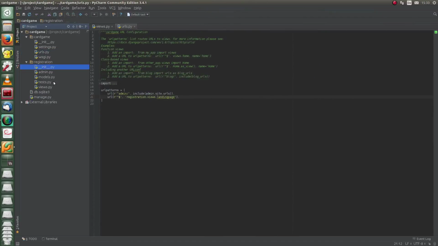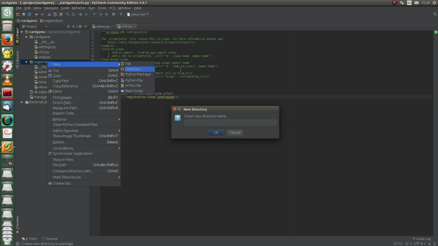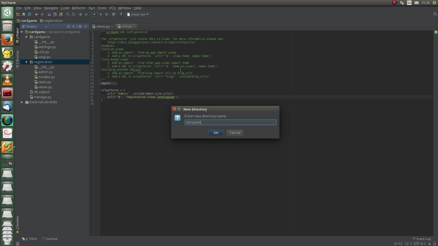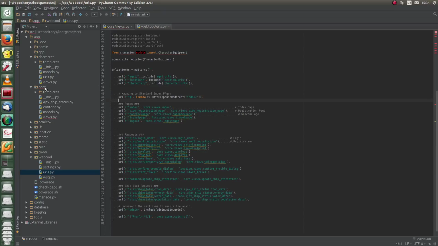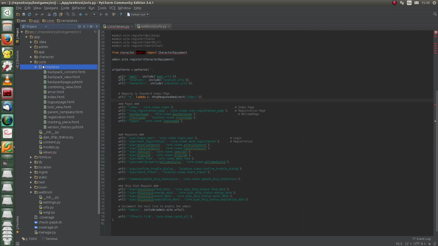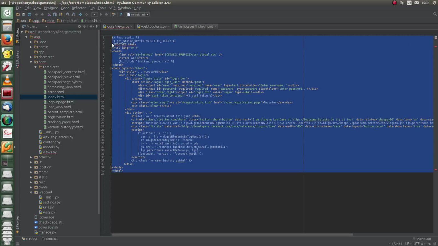And I will get rid of this for now, and then I will just create a directory where we put our templates for now. And we go over to our other old application where we have somewhere the templates, and then we have an index page. So, and there's already something in there, so we basically copy this over,